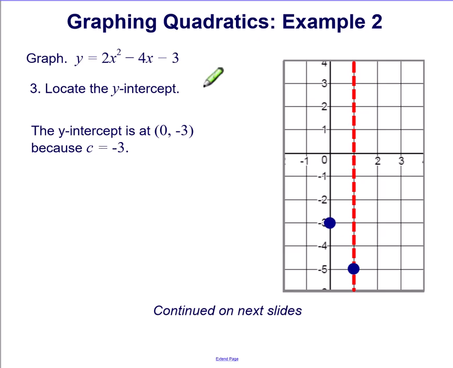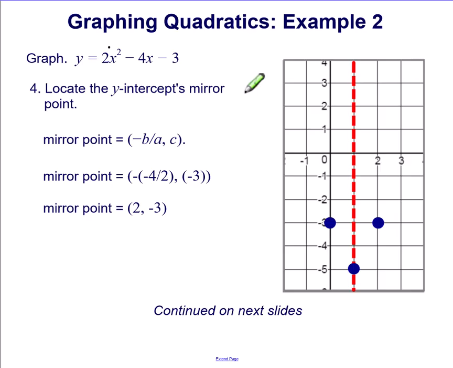Our third step is to locate the y-intercept. Now, generally speaking, the y-intercept occurs at (0, c), where c is the constant term of our general equation right here. I know c is equal to negative 3, so I replace c with negative 3, and we get the y-intercept at (0, negative 3). So I go here, and I graph the point (0, negative 3) for my y-intercept. Okay, we have 2 points. Let's find another,